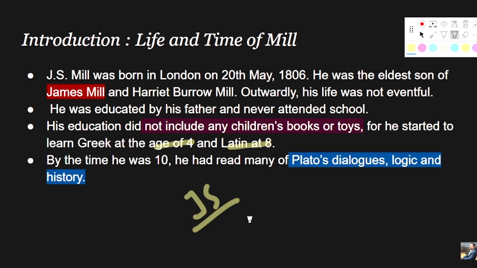Like he started reading Greek and Latin authors like Plato, Aristotle and so on. By the time he was 10, he had read many of Plato's dialogues, logic and history. He had mastered the works of Plato by the time he was 10 years old, right? And this will also shape his